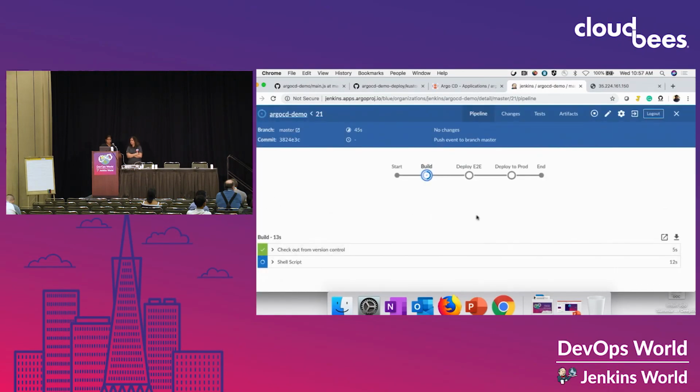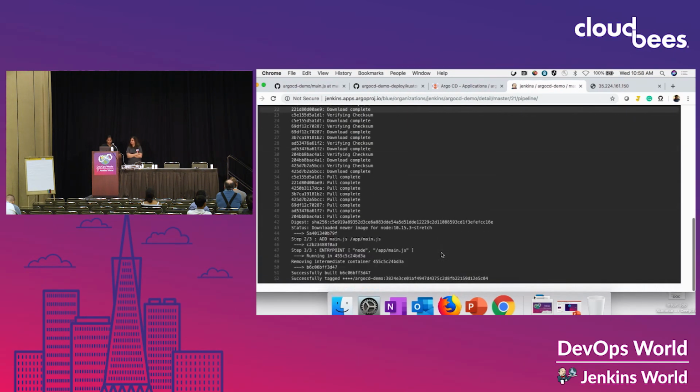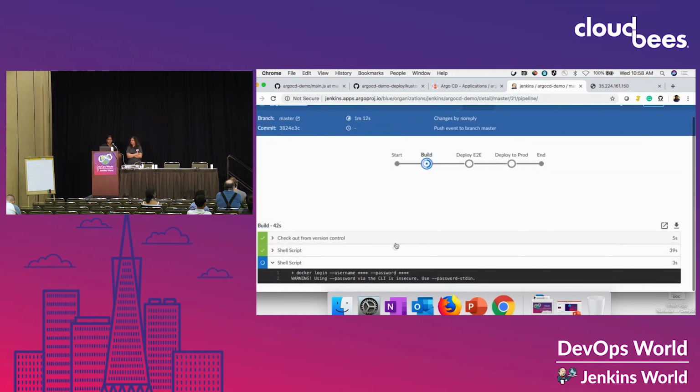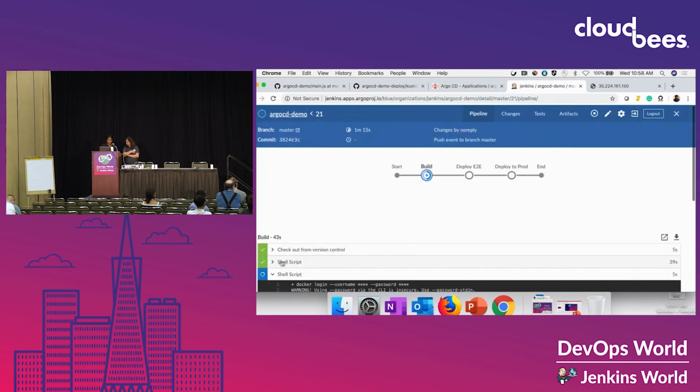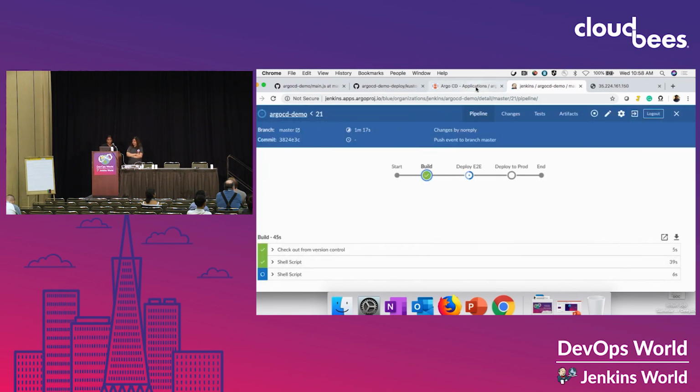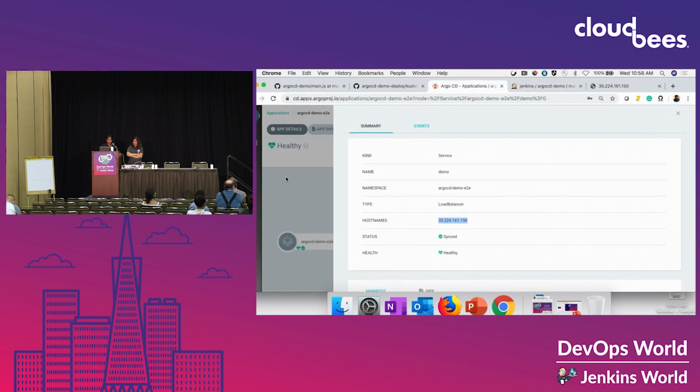I want to be really quick here because the sync and the out of sync happens really quickly. So I just wanted to go to the E2E phase and show in the Argo UI how it acts. So just give us maybe a few more seconds while that is happening. Maybe refresh. Yeah, it's successfully tagged. So now that it's doing that, it should be out of sync already in Argo. It started. Now it will be. So let's go to the